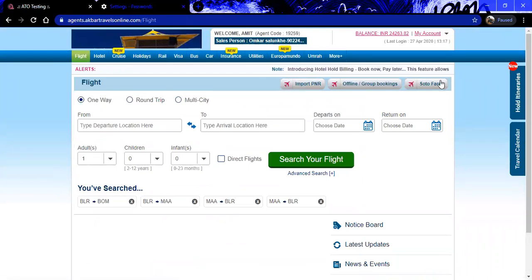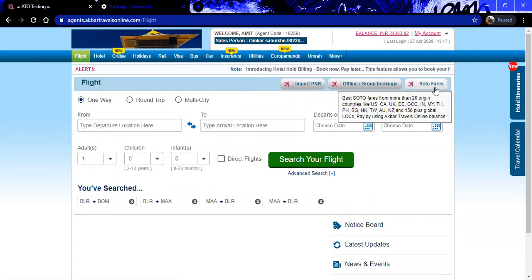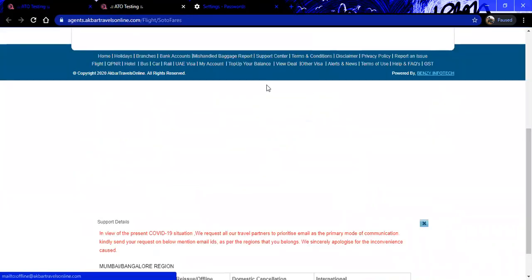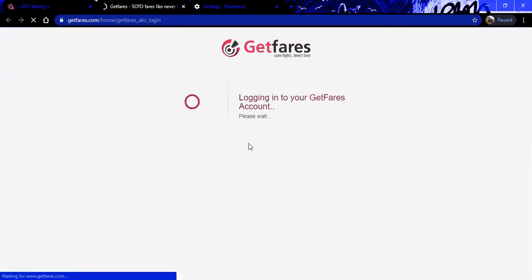The next feature we have is SotoFare. What does SotoFare mean? All ex-India fares are SotoFares. We have a sister concern company called GetFares.com. Once you click on this, it will take you to a different website, which is the Akbar website only, named GetFares.com.